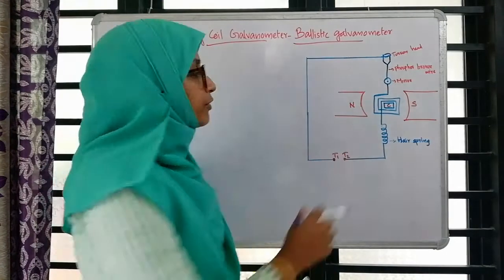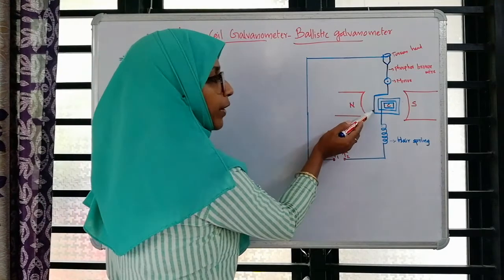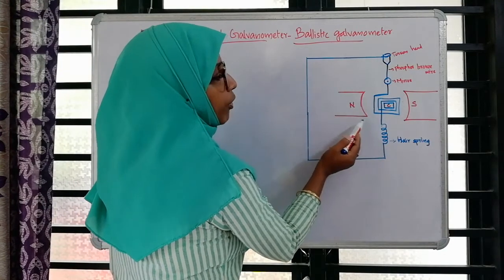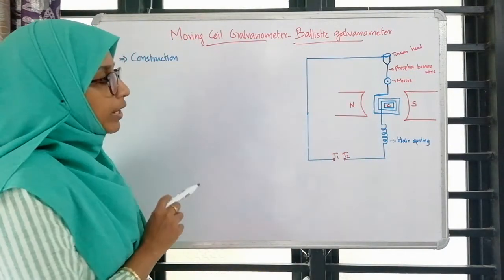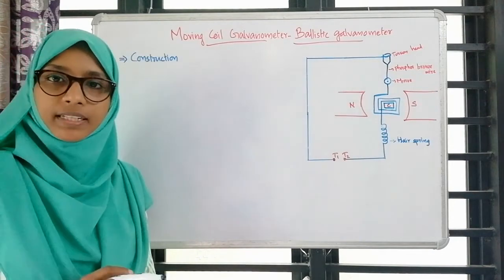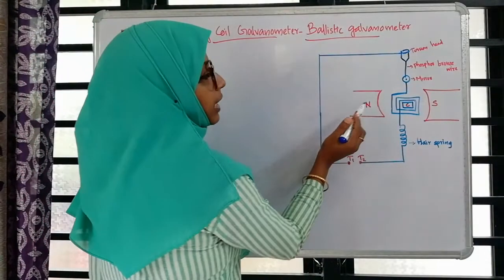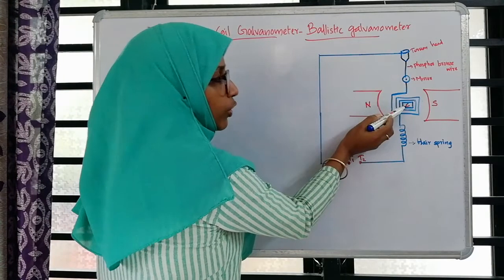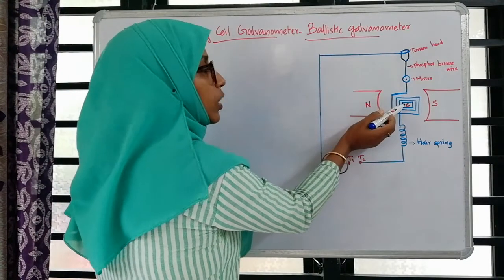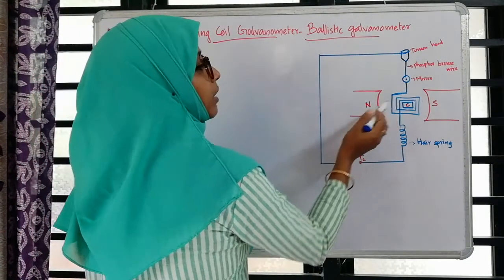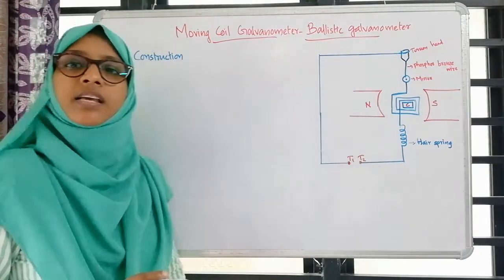A small cylindrical soft iron core C is placed symmetrically inside this rectangular coil and is placed between the poles of the horseshoe magnet. When the plane of the coil in all positions remains parallel to the magnetic field, it is said to be radial. The radial character of the magnetic field happens because it is a cylindrical soft iron core and the poles of the magnet are curved, so that the core is parallel to the magnetic field in all directions, so the magnetic field is radial in nature.